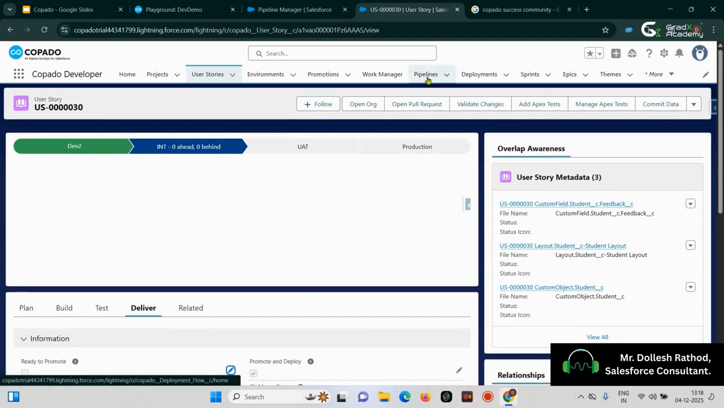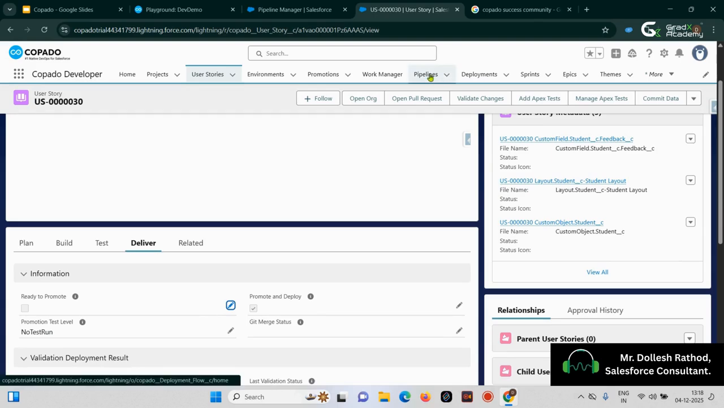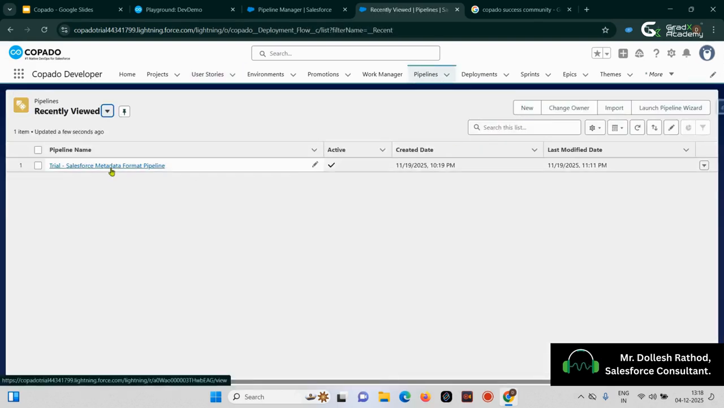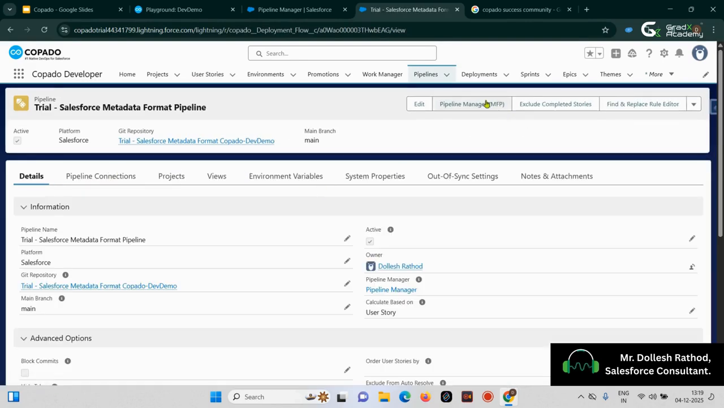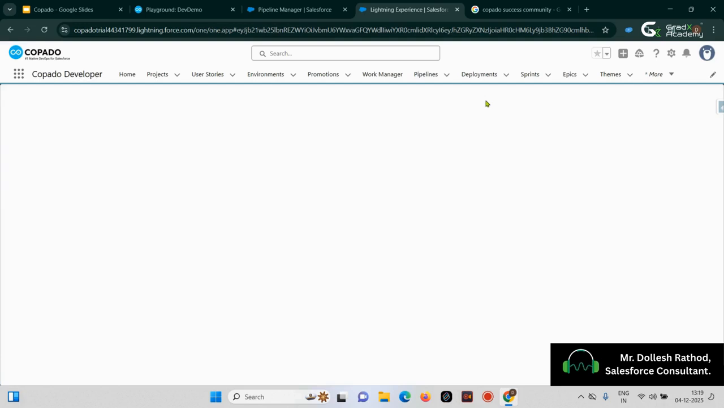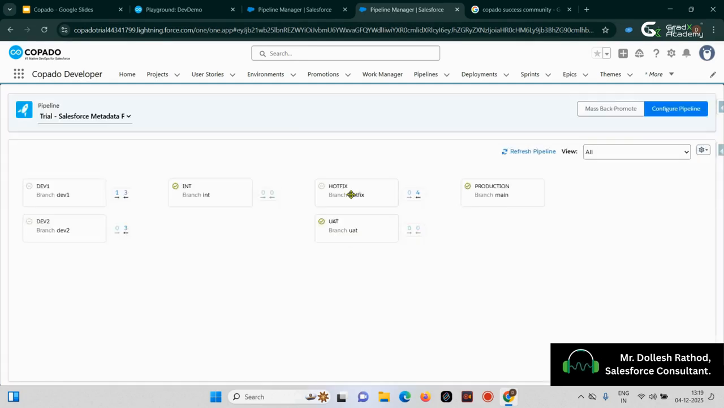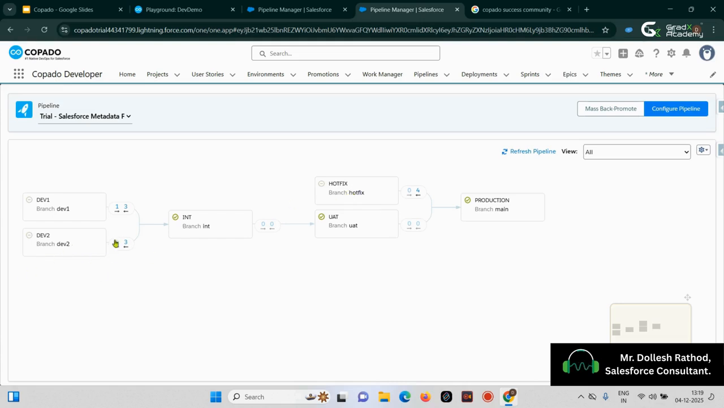Okay, after I click on ready to deploy, promote and deploy, I go back to my pipeline manager to validate the changes. As earlier, you can see there is one user story that is not deployed to the integration environment, and once it is deployed, there are no user stories pending inside the dev2 environment, and it is successfully deployed to the integration environment. After that, I deployed the user story